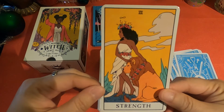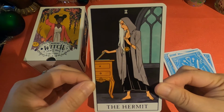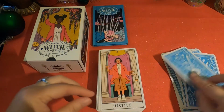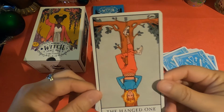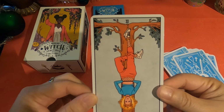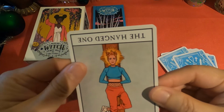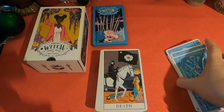Strength. The Hermit, another female in a traditionally male card. Wheel of Fortune, Justice, the Hanged One. That looks like a female to me as well, although it could go for either. I can't tell if she has lipstick on or not. Yeah, I think it's a female. It looks more like a female to me, but